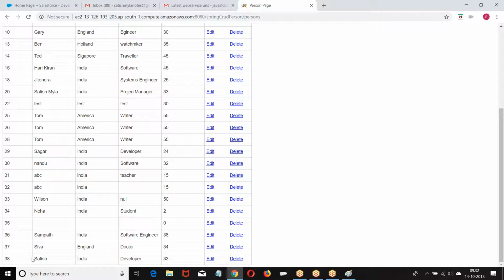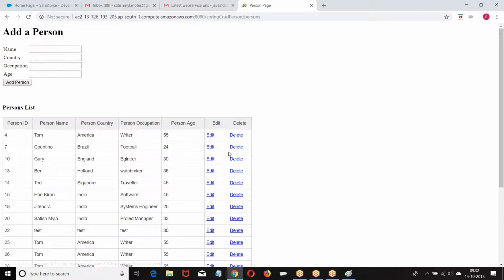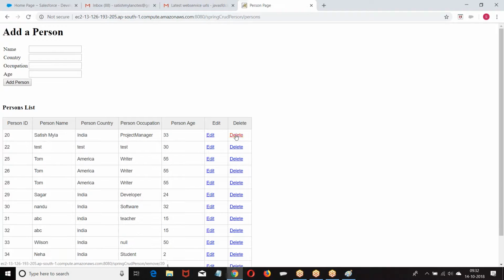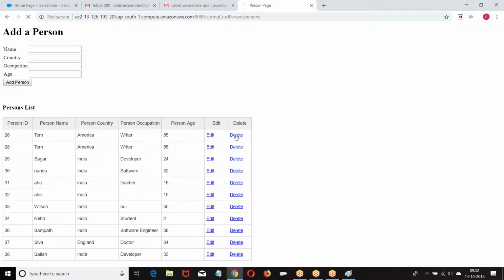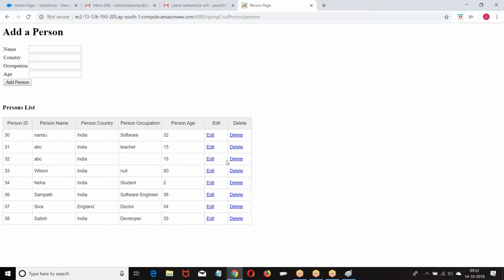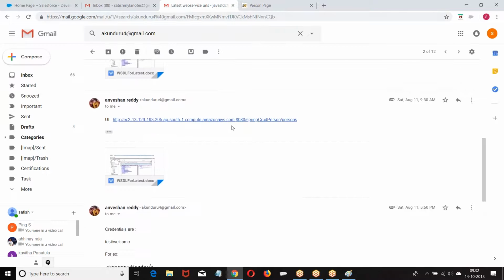You can see the files are added here. Let me remove some of the files. Now this is how we created the data. Now we want to insert the data into this.